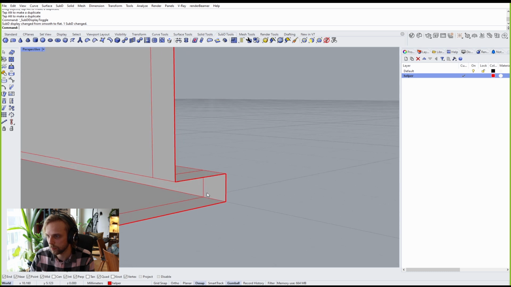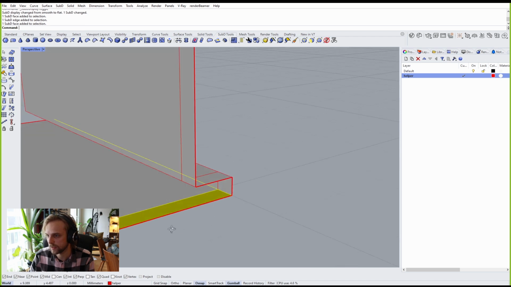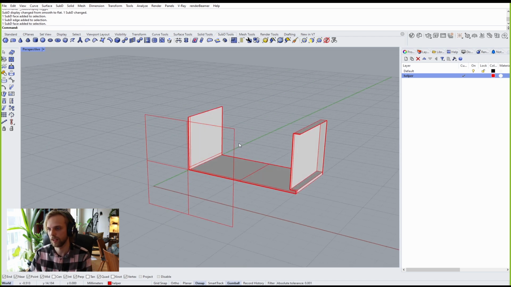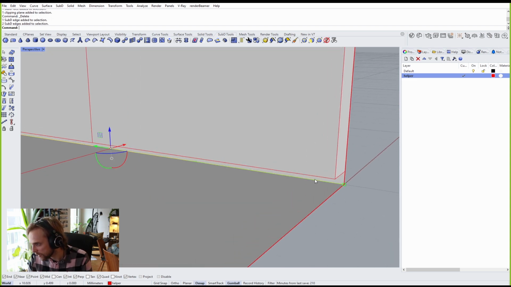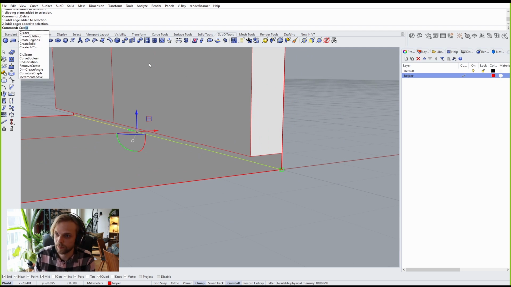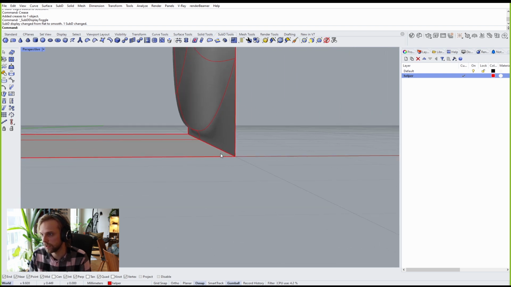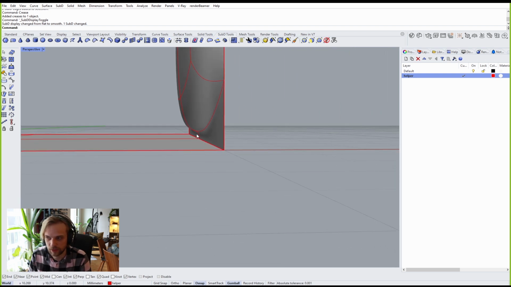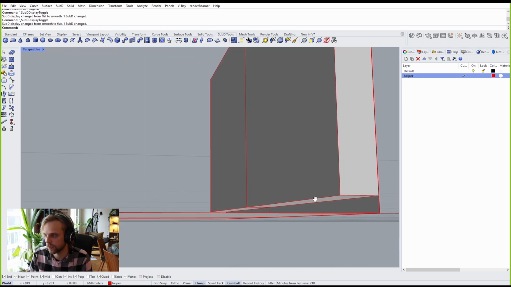How do you make it more crisp? Well, you can always select these edges. Oh yeah, clipping plane. Clipping plane is obnoxious. Select, for instance, this edge right here, and you can crease it, right? And then take a look at it. So it becomes kind of locked in place. And you can also crease, for instance,